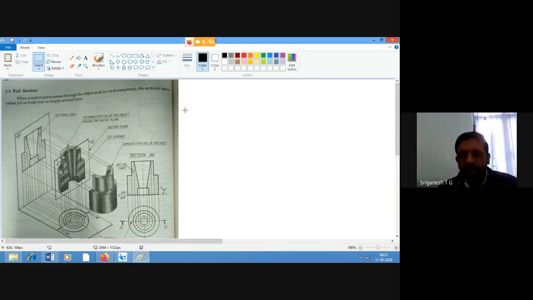Now keep the cucumber as it is, lying down. In the previous case, we moved the knife vertically downwards from top to down. Now just change the cutting position, the cutting angle. You take the knife and cut it horizontally. Move the knife from right side to the left side at the center of the cucumber. Now what will be its shape?